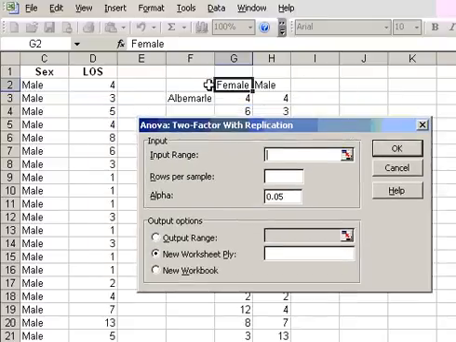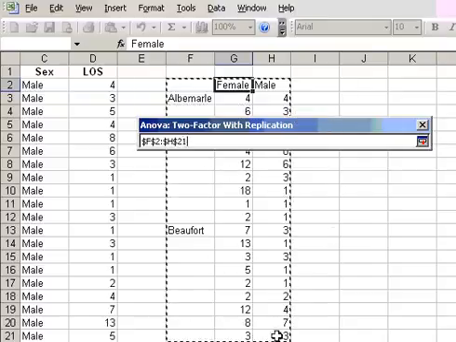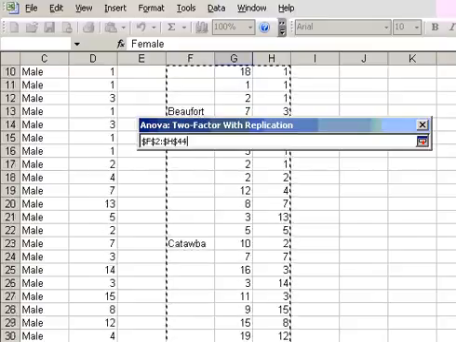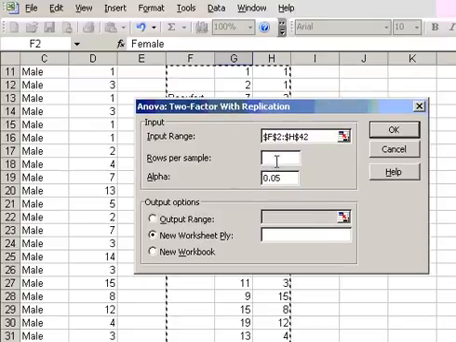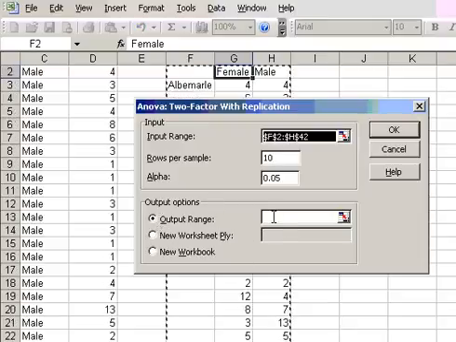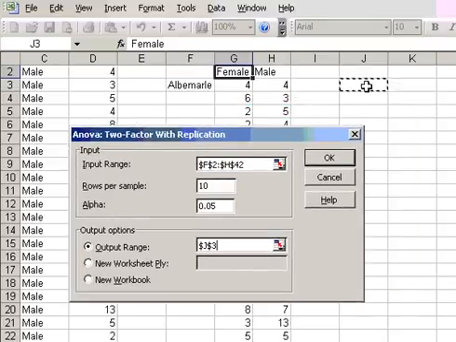The input range will be all of the data plus the labels on the left. There will be 10 rows per sample, and the output range will go on the same sheet in J. When I say OK,